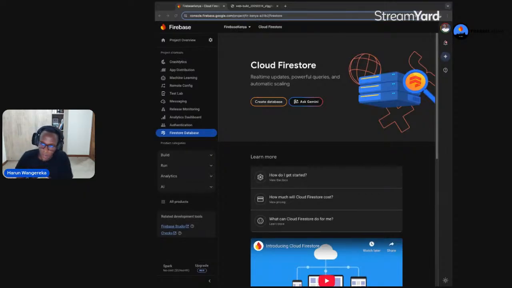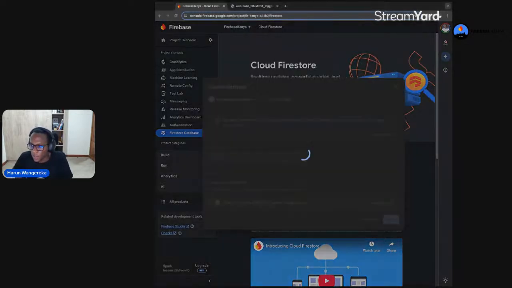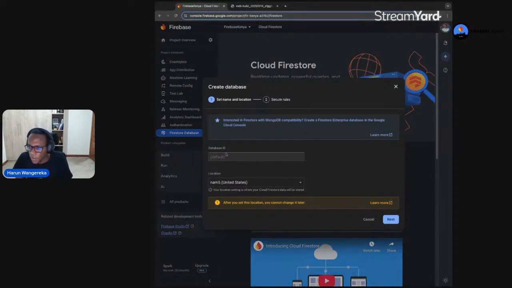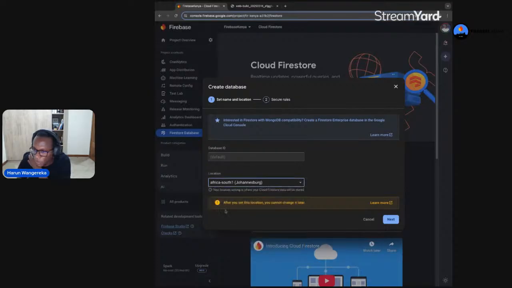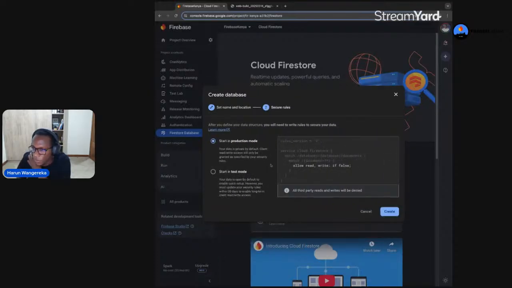It's a database where you can store your things in a key value kind of pair situation. So if we create the database, you have to create an ID and then the rules. Rules are to prevent anyone from using your database or exhausting your quotas, and then the location. You can choose the location. We have the South Africa one, which was recently launched. And then once we go to next,